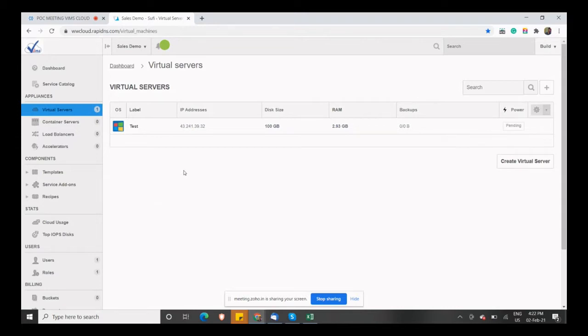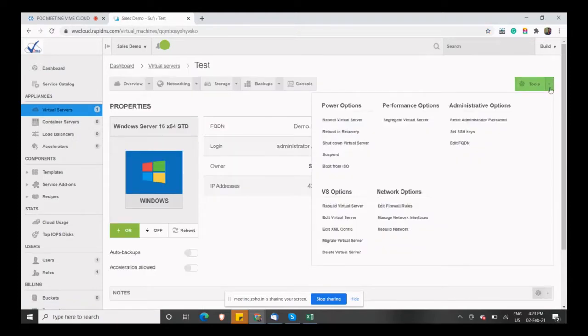It will take 1 or 2 minutes only, not more than that. See, now it's done. So it is very easy to use any virtual machine. You can delete your existing virtual machine as well, and then create a new virtual machine from scratch.